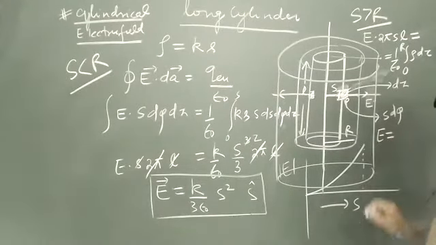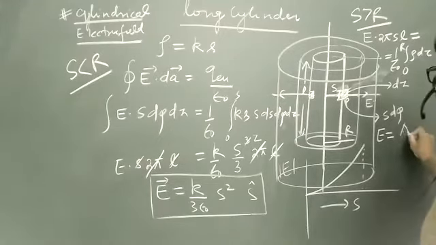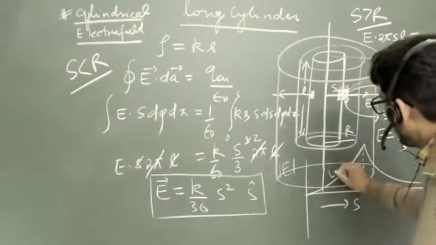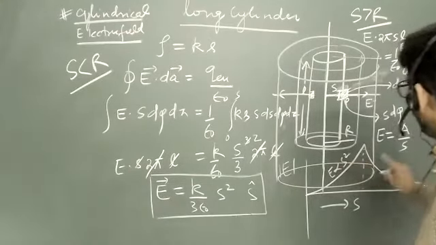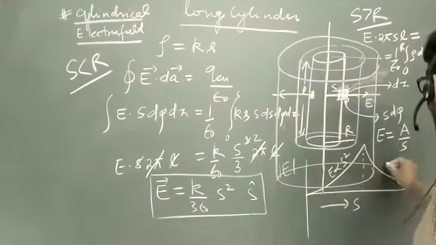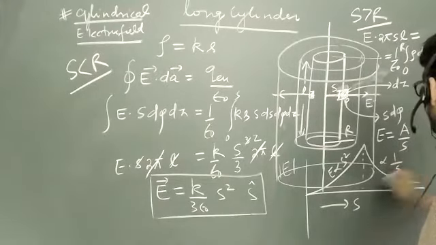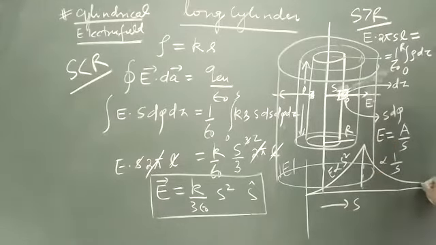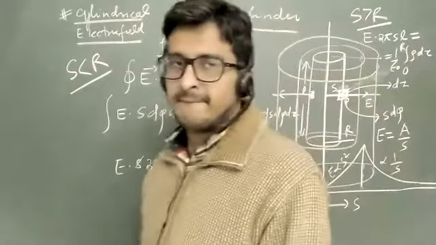Everybody, quickly get it. Inversely proportional to S, so some constant by S type. Yes, sir. So how will the graph look? It will look like this. Here it will be proportional to S square, and here it will be proportional to 1 by S. So up to the surface it will increase and then it will start falling asymptotically. Okay, correct? Understood? Yes.